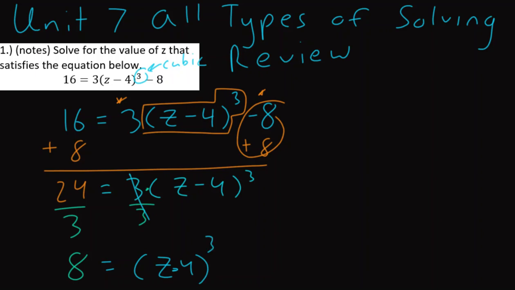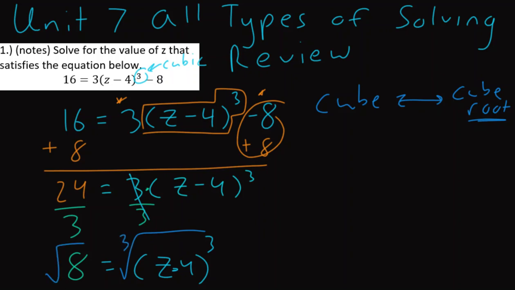Now from here, this is the big question. How in the world do I get rid of a cube? What is the opposite of a cube? And the opposite of a cube is in fact what we call a cube root. All you do is add on the word root. Here we draw the square root symbol, but it's no longer a square root. We put the 3 to indicate it's a cube root,